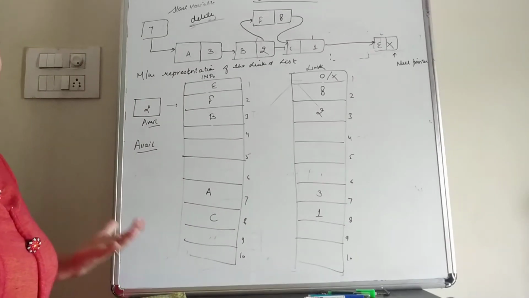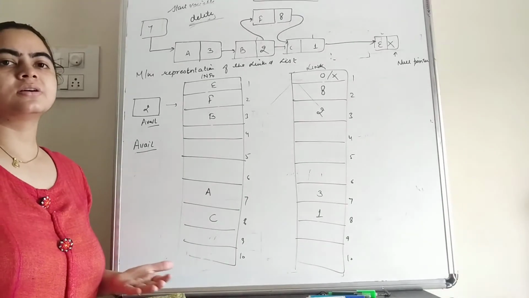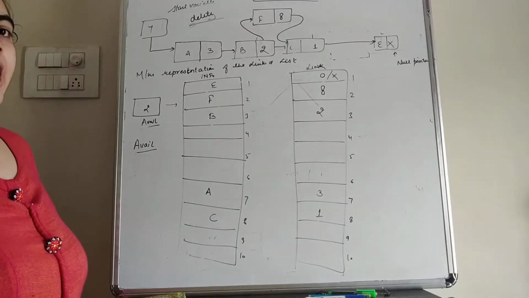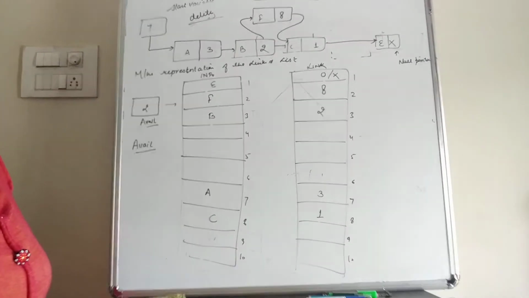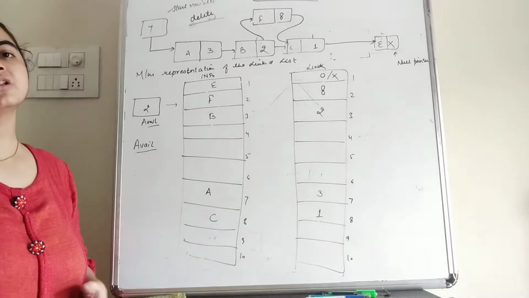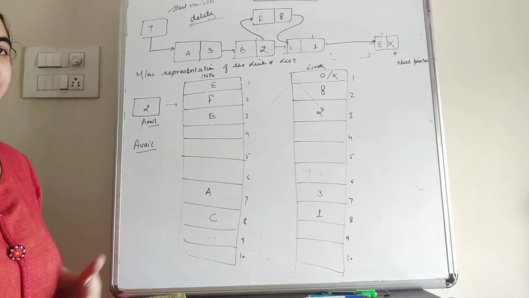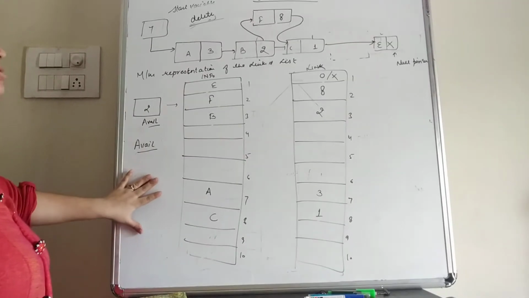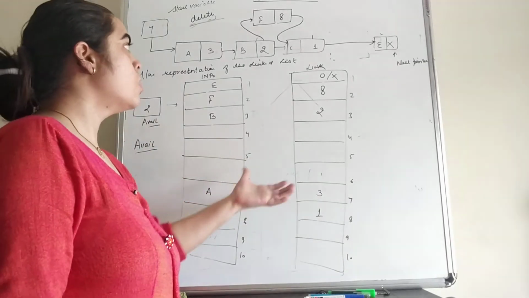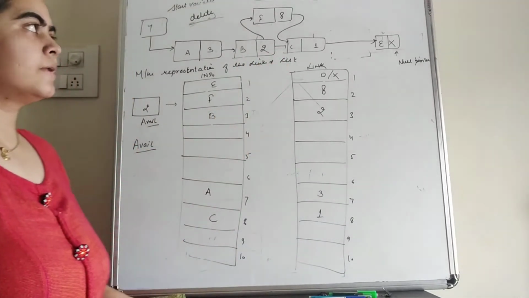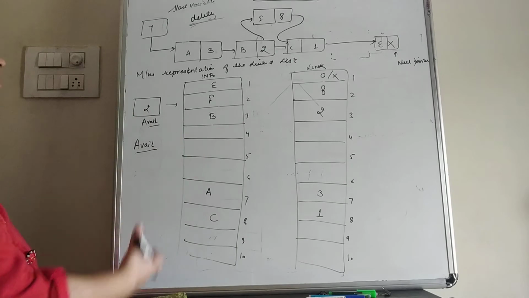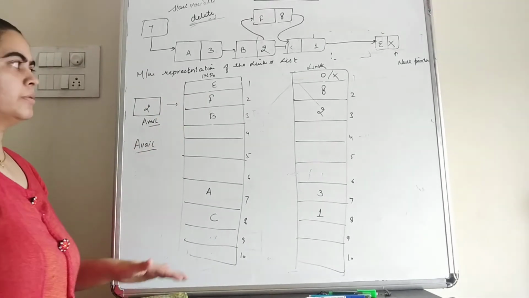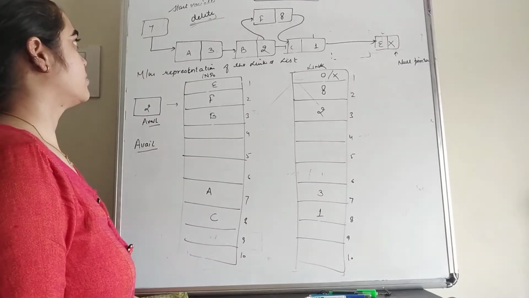So it is very easy to delete or insert a data element in a linked list, but in case of arrays, in order to insert and delete elements, we have to shift the data elements either in the upward direction or in the downward direction. But in case of a linked list, we only have to update the pointer address of 2 or 3 nodes in order to insert or delete the data element.